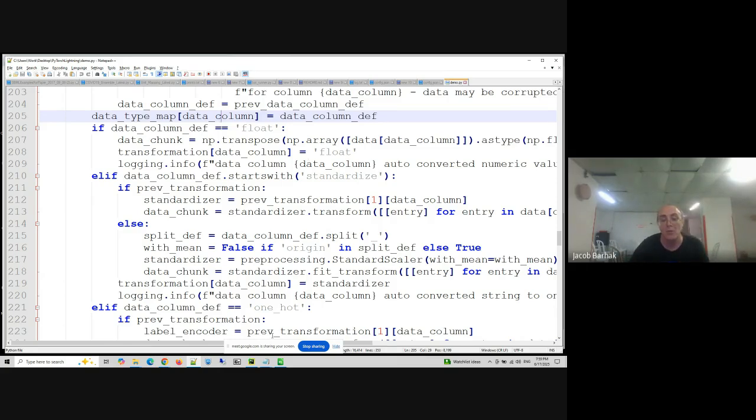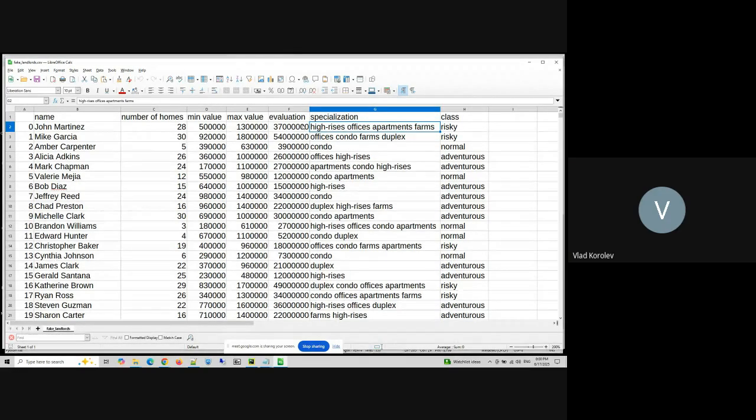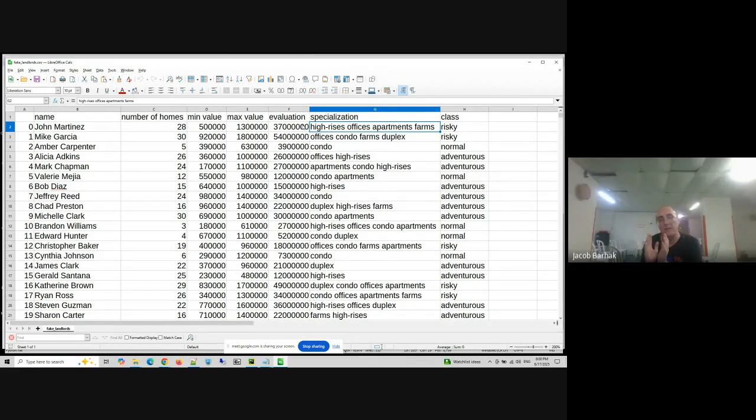Remember, what I'm talking about now is you have this type of data and you have to convert it into numbers, typically between 0 and 1 or between -1 and 1, so the machine will be able to work nicely on it. So each record here will have to be defined as a vector of 1, 0, 0, 0.5, 0.35, and so on.